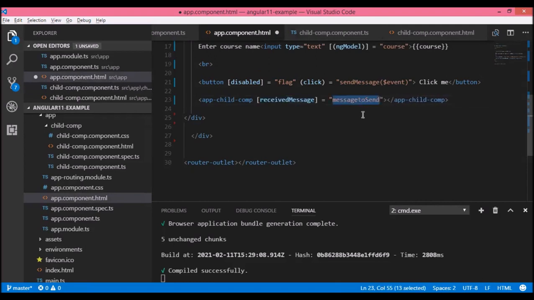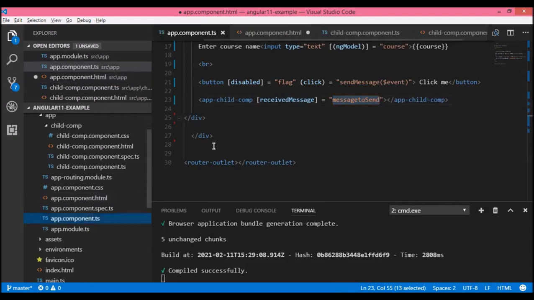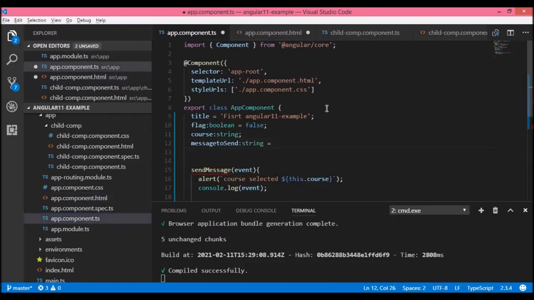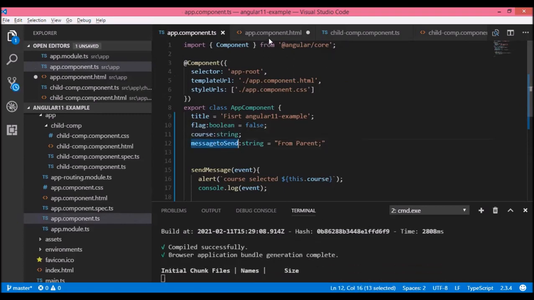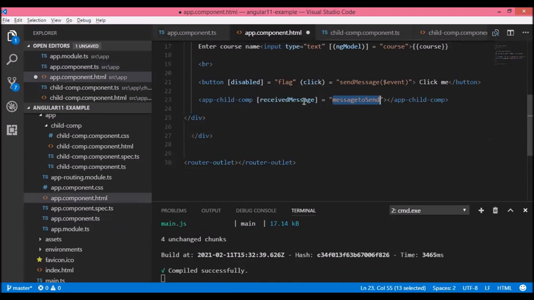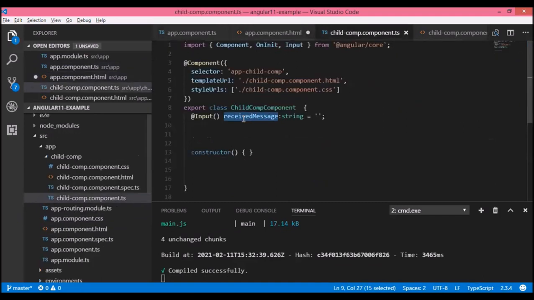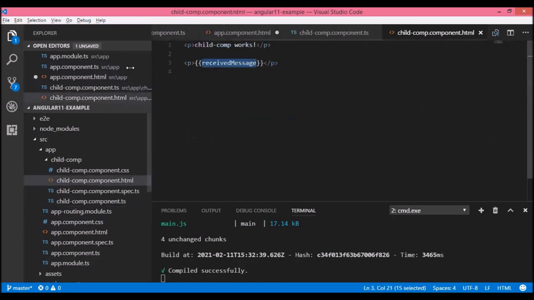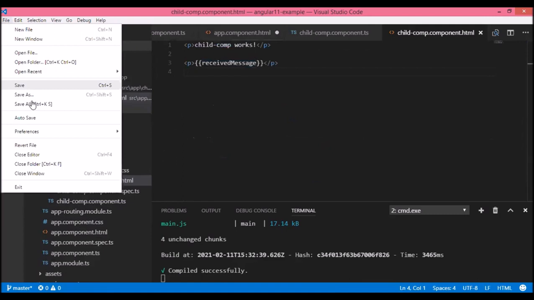Now this message to send would be defined over here. Message to send, this is a variable which I'm using. I'm updating this variable received message, and this received message is there in my child component, and it would be interpolated and displayed over here. I'll save all the files.